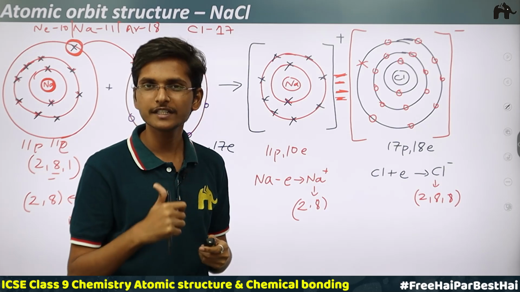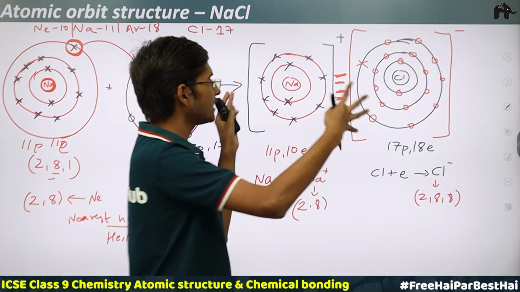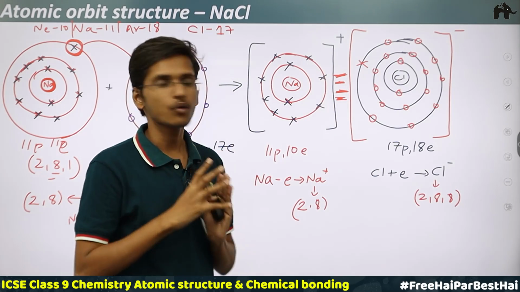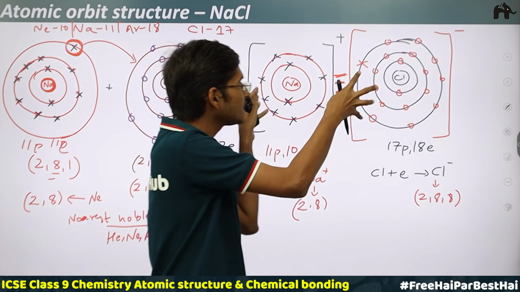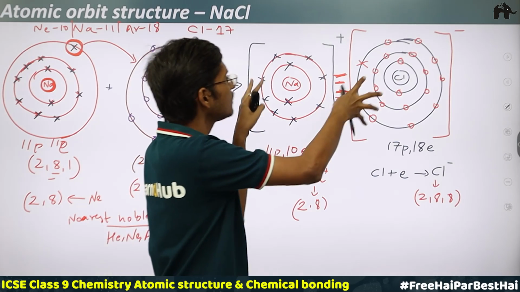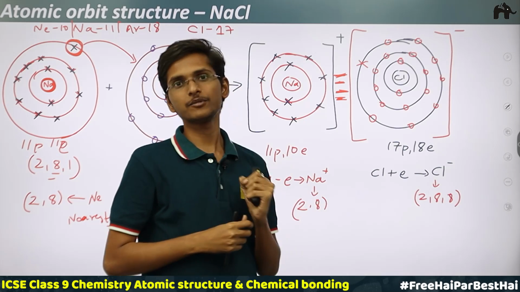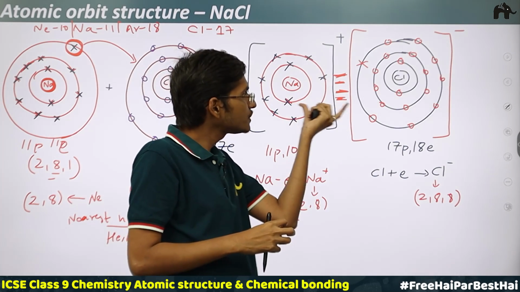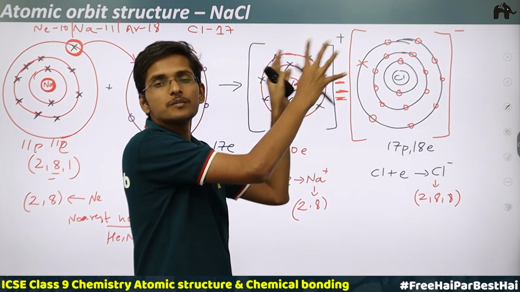Correct? This only we have studied. So here also, there is a transfer of electron from one atom to another atom, and when this is taking place, the bond which is formed here is an ionic bond. Between the positively charged ion and negatively charged ion, there is an electrostatic force of attraction, which is holding them together, and this force of attraction which is holding these constituents together in this species is